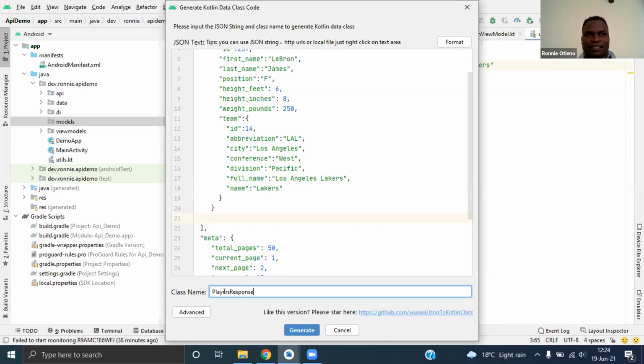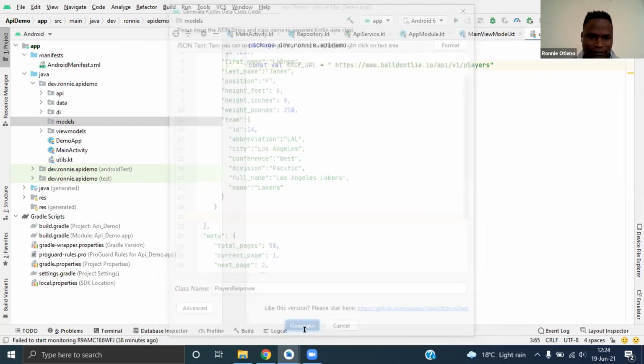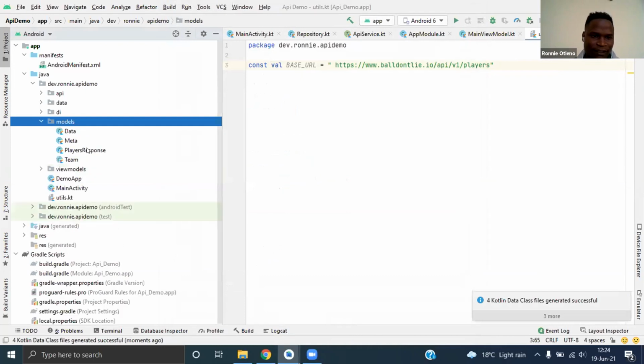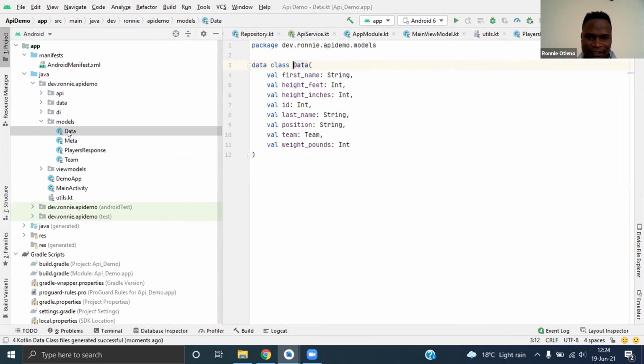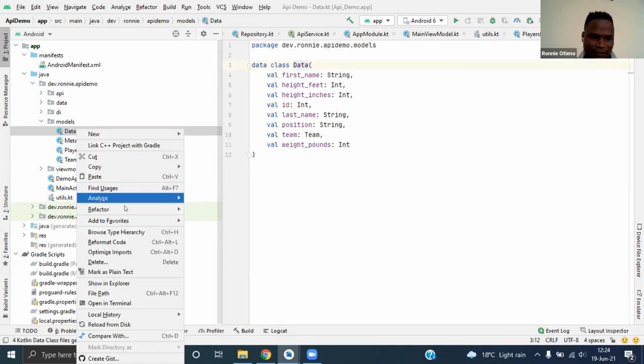So the thing that I'm doing currently, if we use multimodular like the first presentation, of course we'll do it differently. But for now, I just want to show how you can get the data from the APIs, not the multimodule stuff. Yeah. So now if you see here, we see that it has been created, but we can change this data to maybe just Player, just refactor.